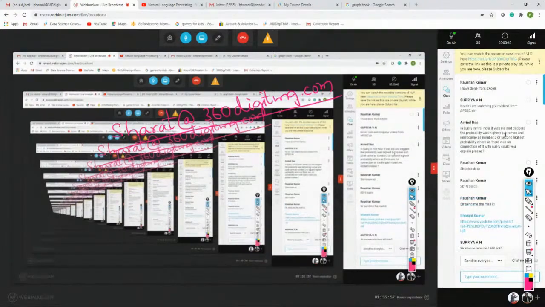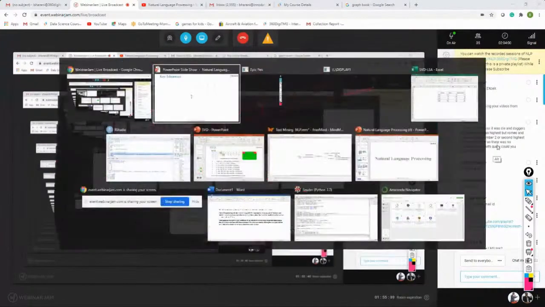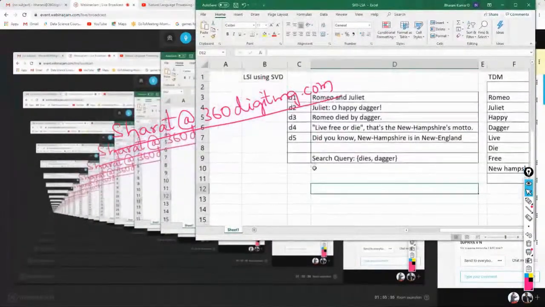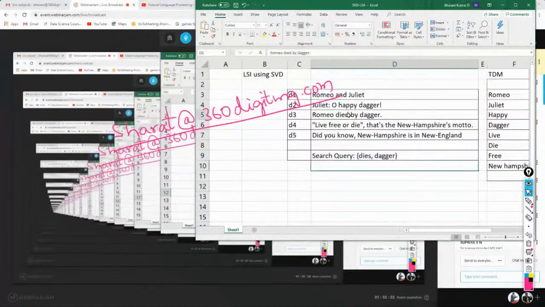In the query, in the first hour, it was die and daggers. The probability was highest for document number two, whereas there was no apparent connection. Yes, that's how it is, Arvind. Romeo and Juliet are related. That's why it came in that way. Here you have Romeo and Juliet, and they are related.